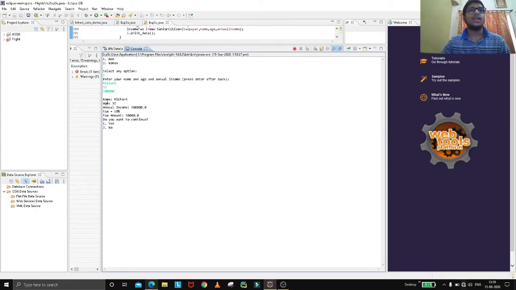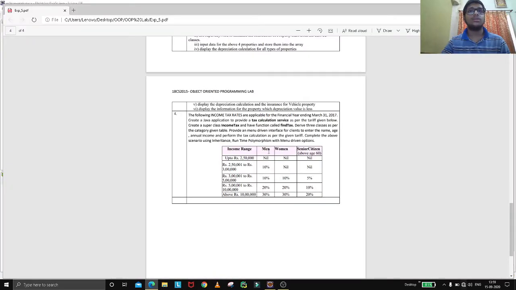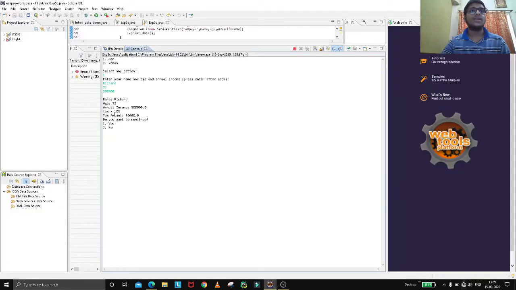So we can see name Richard, age 32, annual income 3 lakh. The tax will be 10%, because Richard is a man, and up to 3 lakh it was 10%. So basically tax will be 10%.